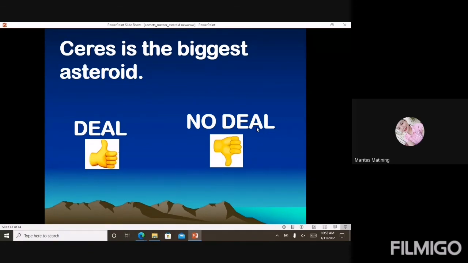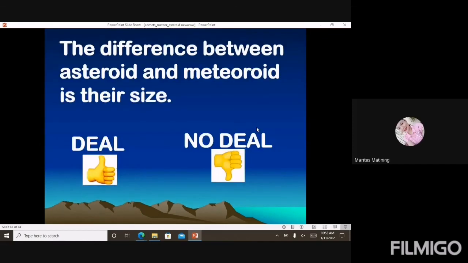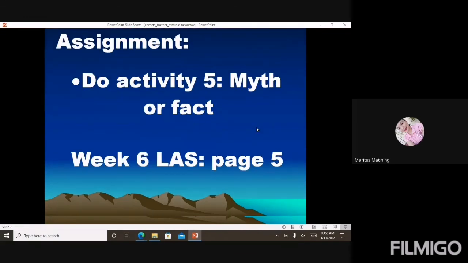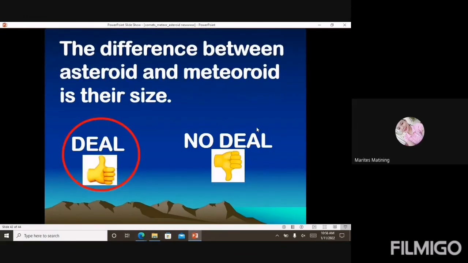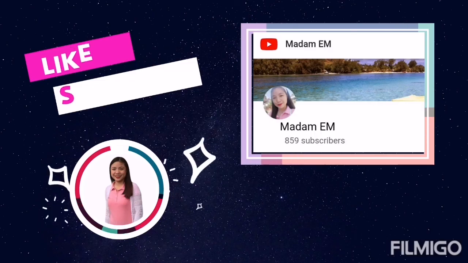First time ko makita si Lance ulit na mag-recite ngayong araw na to. Yes, Lance? Deal or no deal? Okay, very good. Correct. The difference between asteroids and meteoroids is their size. Deal or no deal? Robbie, Batoon. Ma'am, deal po. Very good. Deal. Ayan. So, wala na. Ayan. So, dahil nasagot nyo lahat ng tanong,